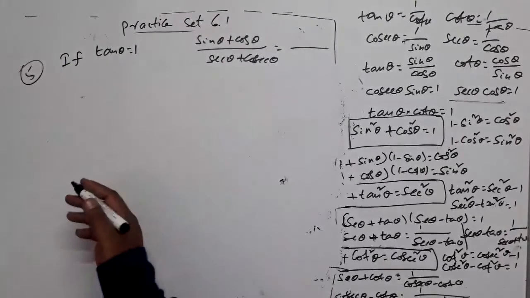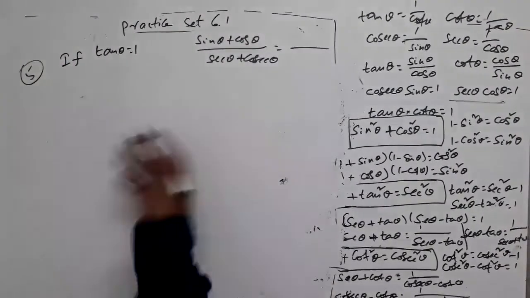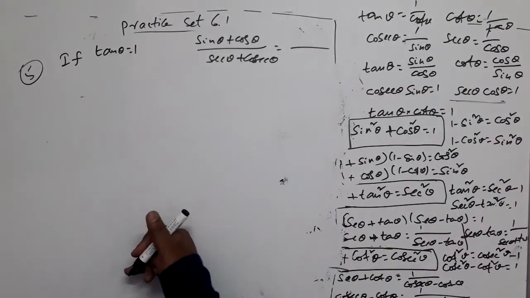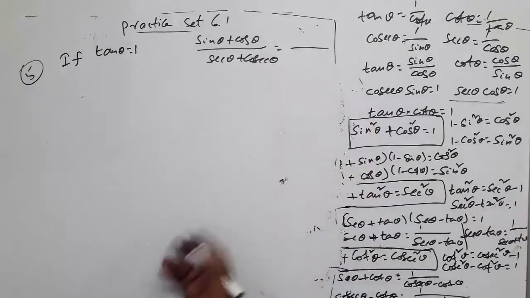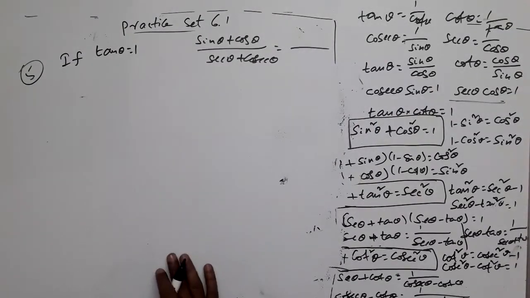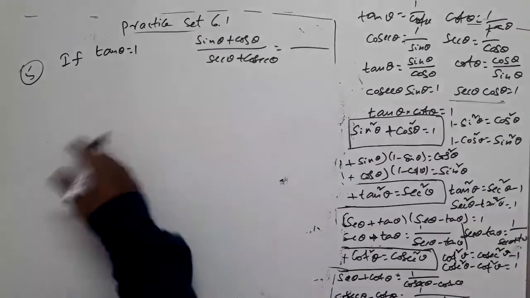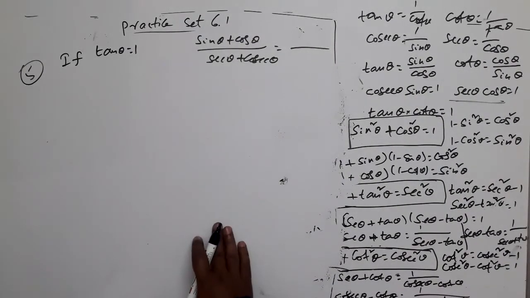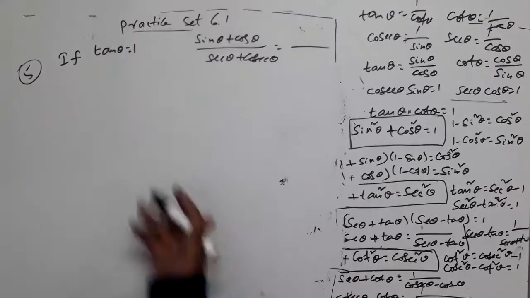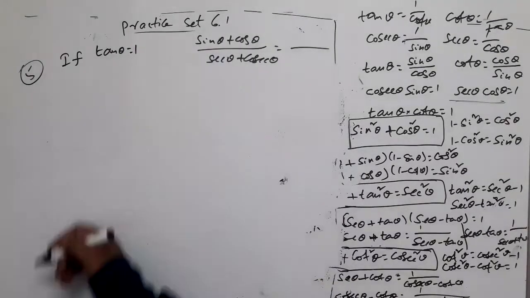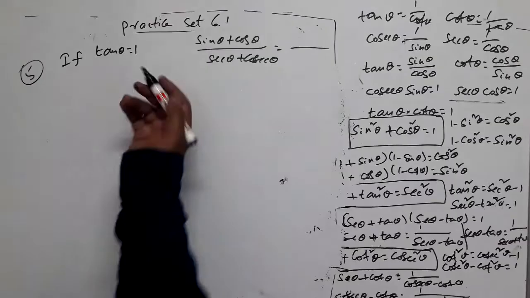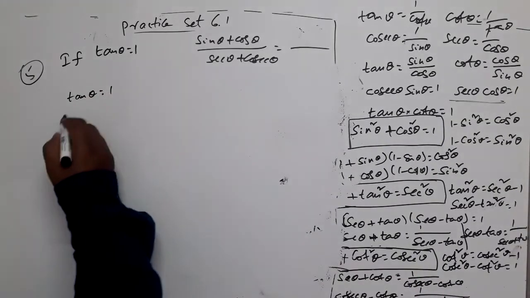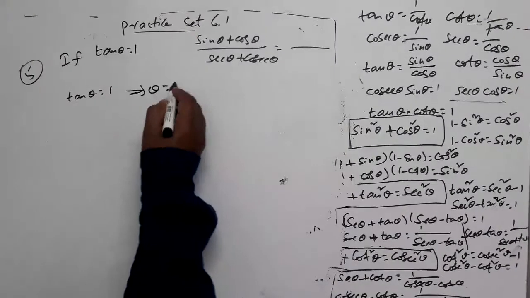Sin theta will be opposite by hypotenuse, k by root 2k, so 1 by root 2. Cos theta is again adjacent side by hypotenuse, and so on. You can write and simply substitute. But see, this is a familiar one, right? In earlier questions, we had tan theta with sin theta 7 by 25, 3 by 4, 40 by 9, etc. But this is a familiar one. We know tan theta is 1 for theta 45 degrees, right? Tan theta is 1, so this implies theta is 45 degrees.